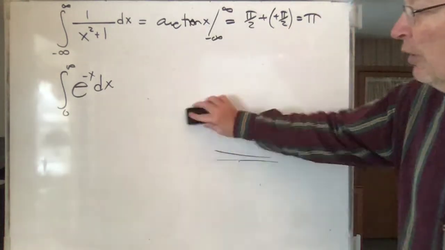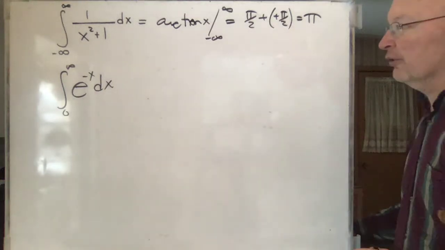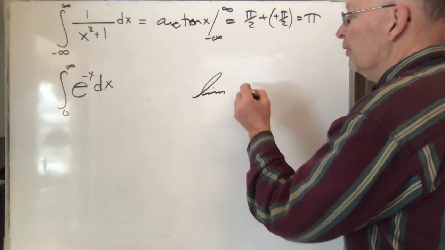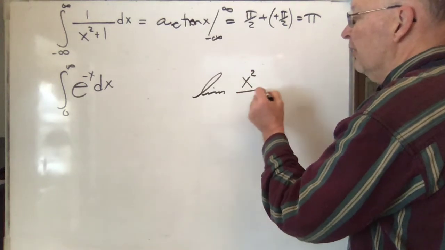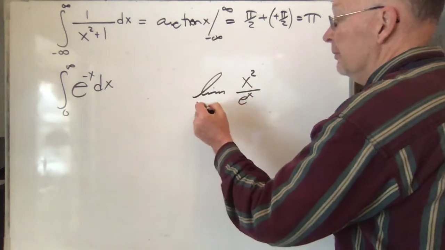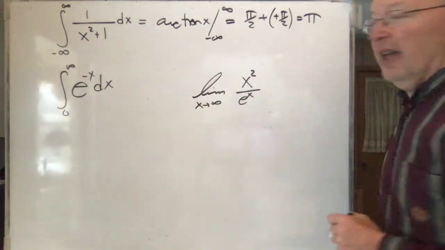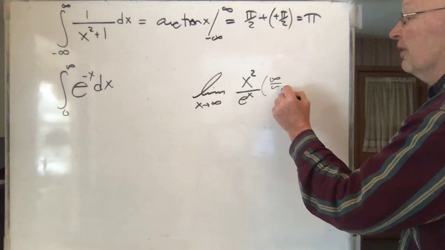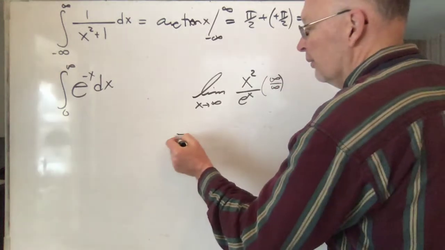By the way, why do we know that e to the x grows faster than any power of x? A lot of these were done with L'Hopital's rule. Let's go ahead and remind ourselves of that. Here it is right here. What happens to that as x gets large? You have infinity over infinity. This is something from Calc 1, as I recall.